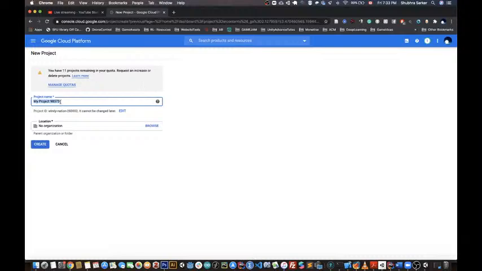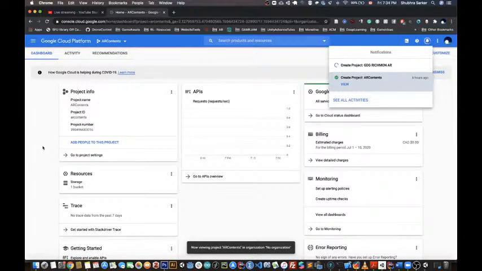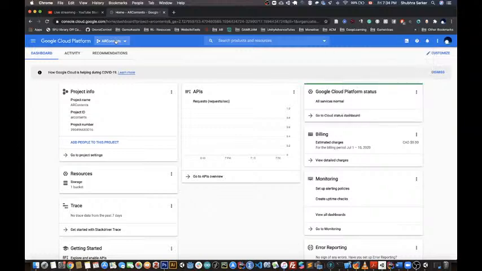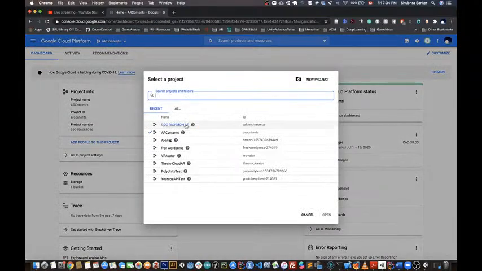I'm going to call it GDG Richmond Yard, and then I'm going to create, and that's it. That's how simple this is, right? So this is how you create a new project. I'm going to select that project,